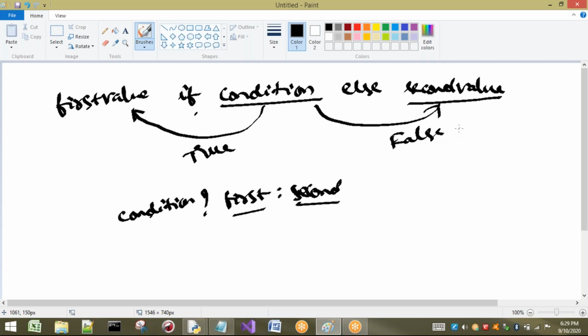So I will take 2 or 3 examples for this to make you understand. So first you have to understand this one. Syntax, you have to remember: if some condition, that means if this condition is true, it will go to here. Otherwise, it will go to the else case. If true, first value. If false, then it will go to second value. Okay. So this is the syntax of our ternary operator, or we can also call this a conditional operator. Ternary operator is also called the conditional operator. So I'll take a small example which makes you understand easily.